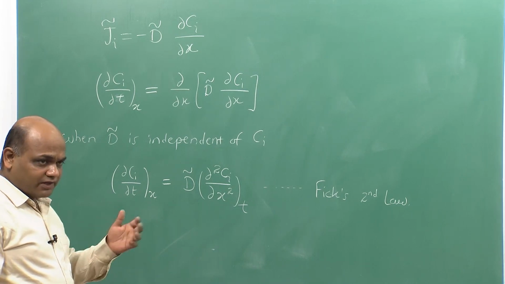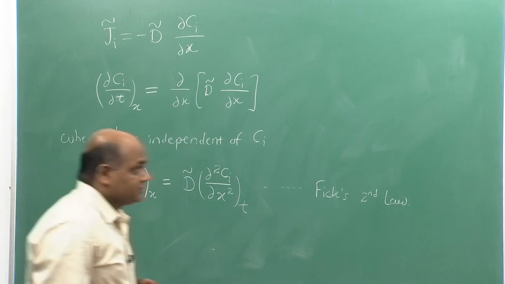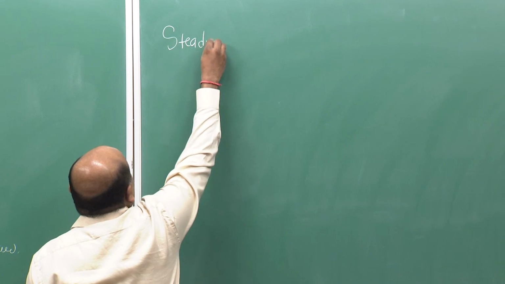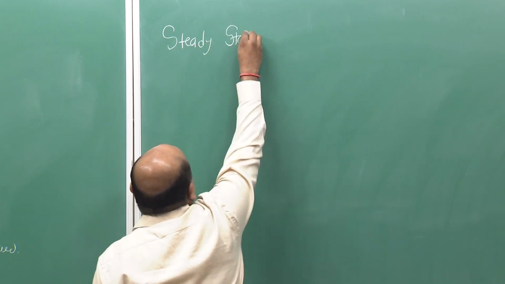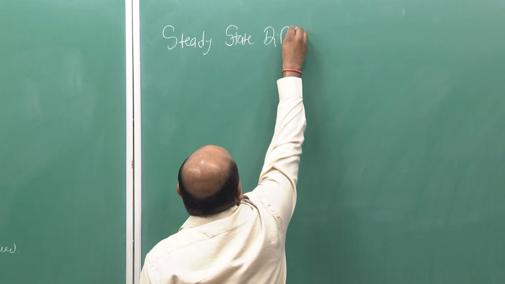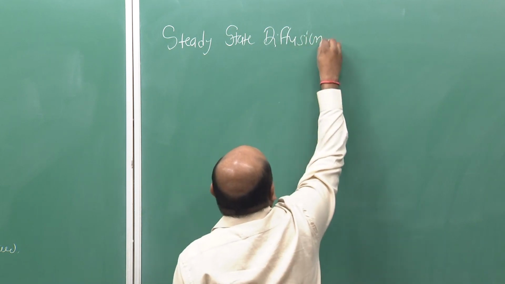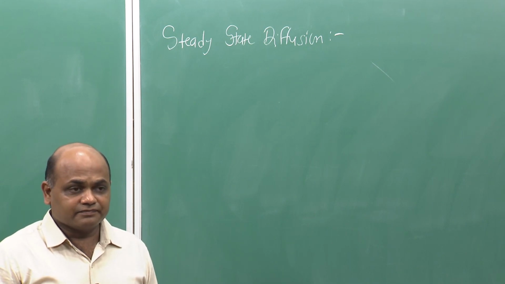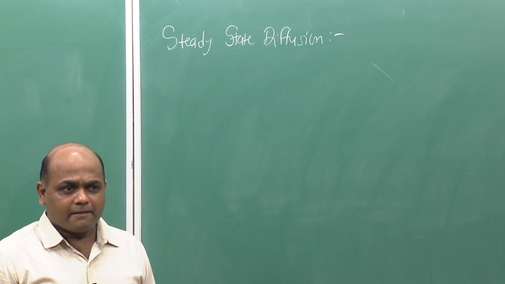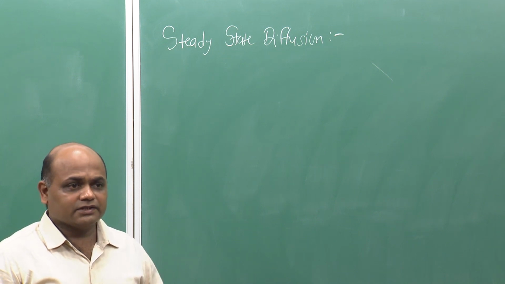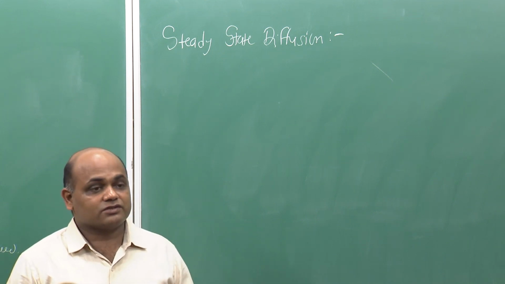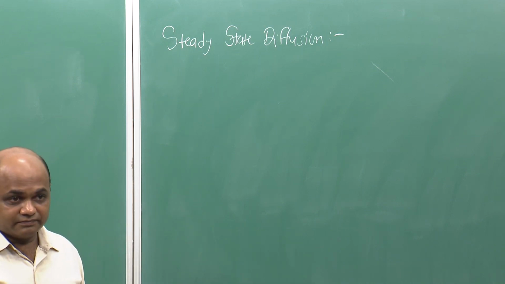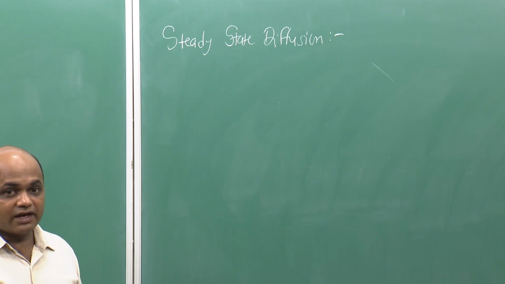Let us start with a very simple case, which is known as steady state diffusion. So, what is a steady state? Concentration won't change with time. Right. So, the diffusion is occurring, but it is not causing any change in concentration at any given position. Okay. And the classic example is